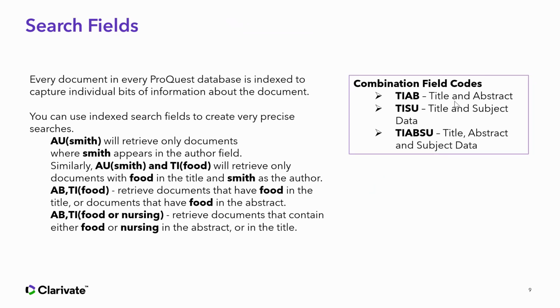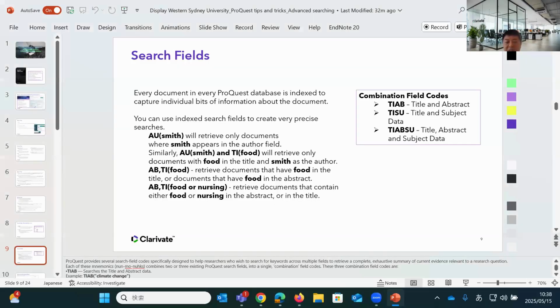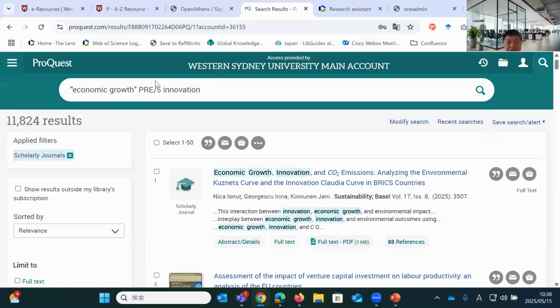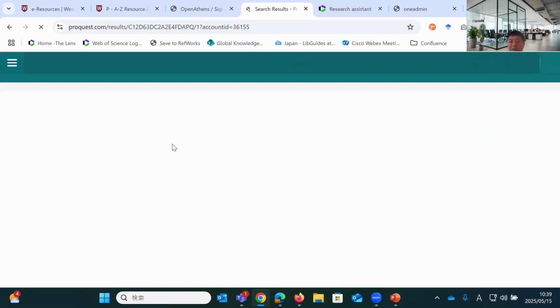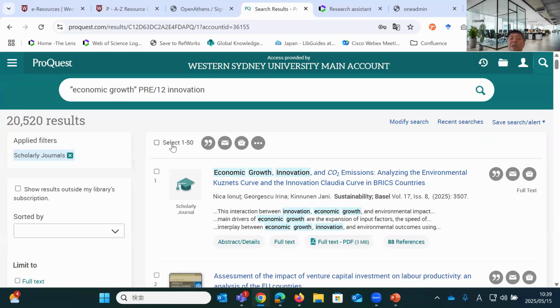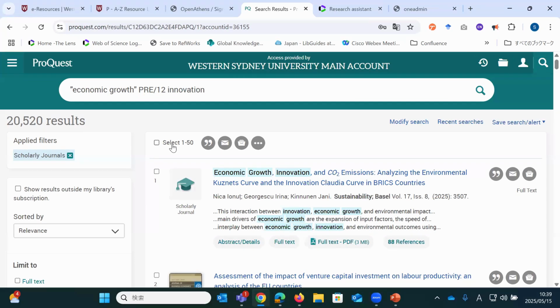Is 5 the largest proximity indicator? My understanding is you can make it any number. That is correct. Yes, thank you, Maureen. I should have mentioned that. Absolutely, I just picked 5. It can be 7, it can be 10, it can be 12. It's up to you. But obviously, if it's too large, it doesn't quite make sense anymore. I don't think you would probably need to go over 5. Usually I use between 1 or 2, depending on my terms.